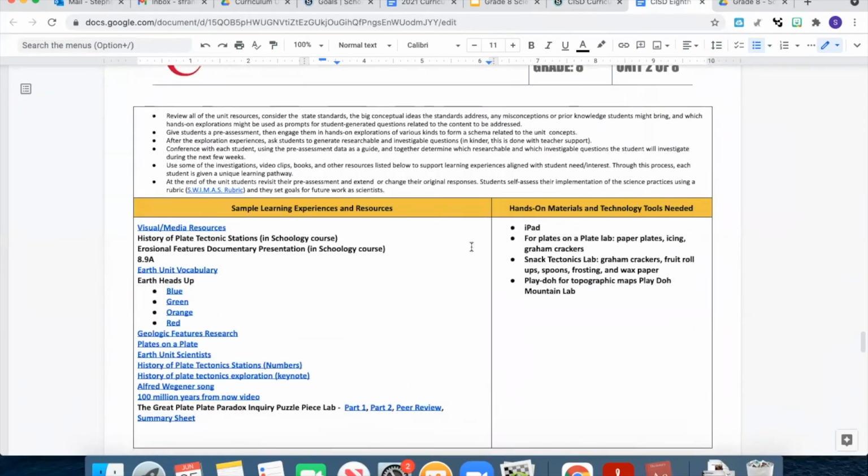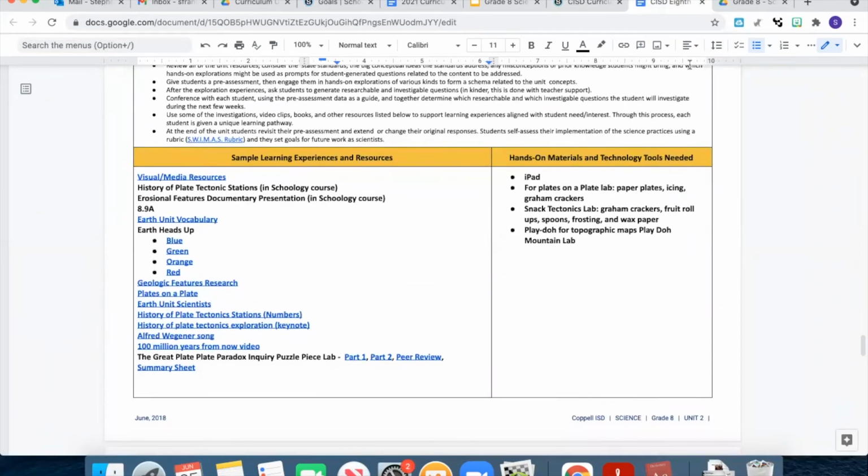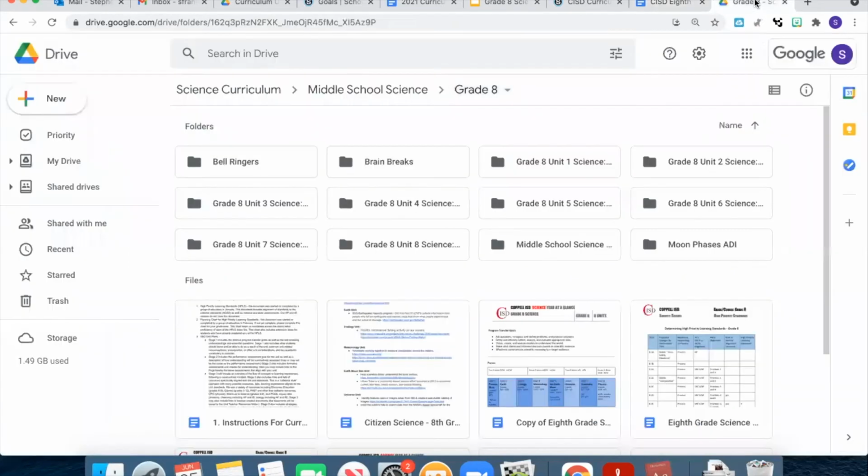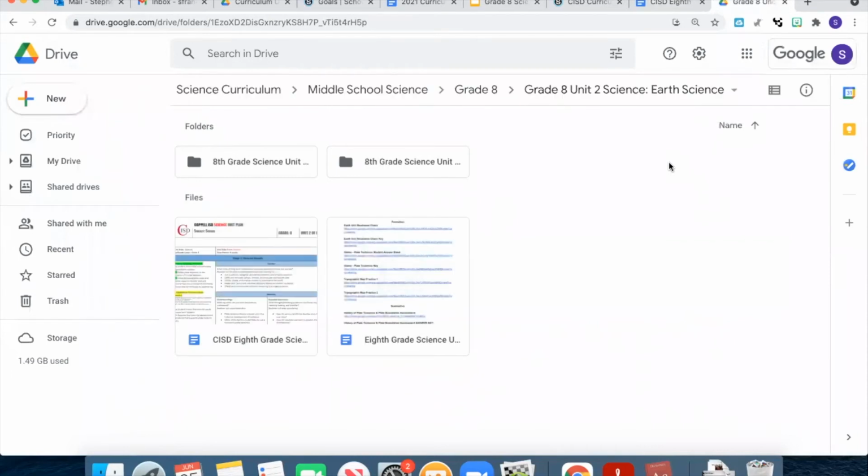So check this out. There's a lot of great resources. There's going to be a link on each document, but where you can find all the resources together is a shared drive we're all members of, called Science Curriculum. So if you go through middle school science, grade 8, using Earth Science again as an example,